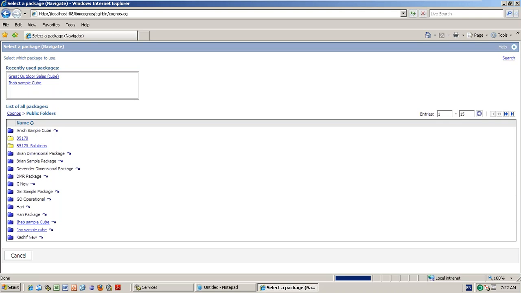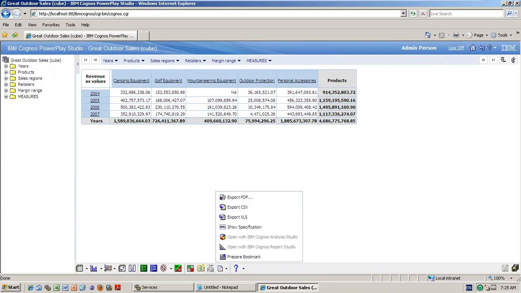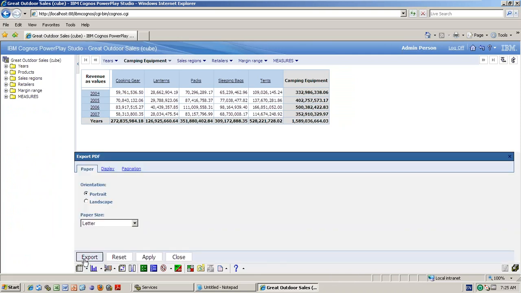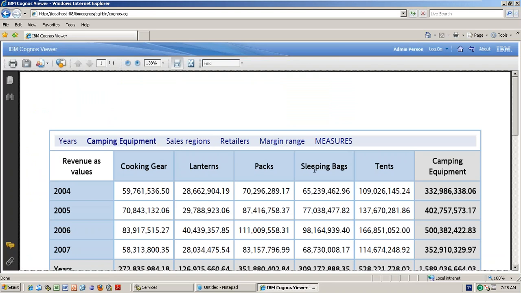For example, if you are selecting something into the products, right? Say camping equipment, you select. That value will be shown in the PDF output also. If you are observing that one, you can see it. So while it is uploading, which value you have selected for the prompt, that will also be there in the PDF document. If you are observing this one, see. Okay. So this is how the users will obviously know for what parameter it is available also.